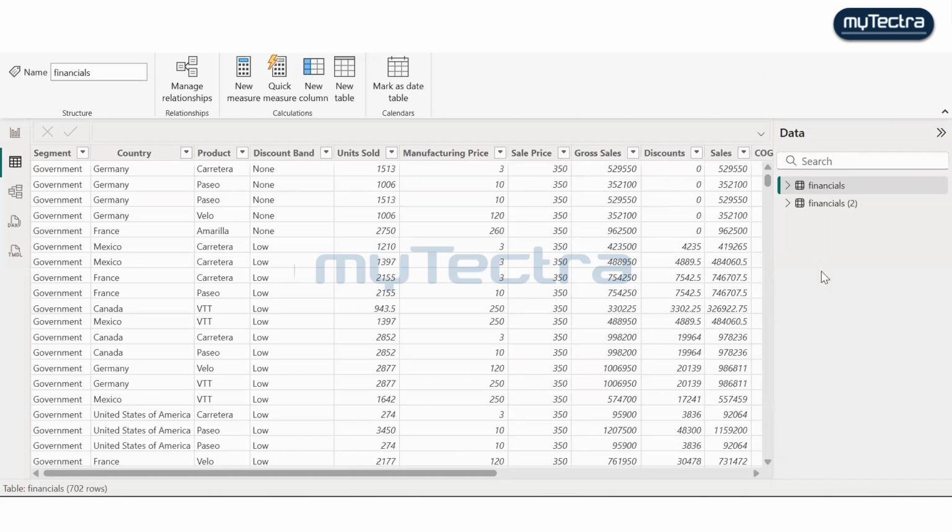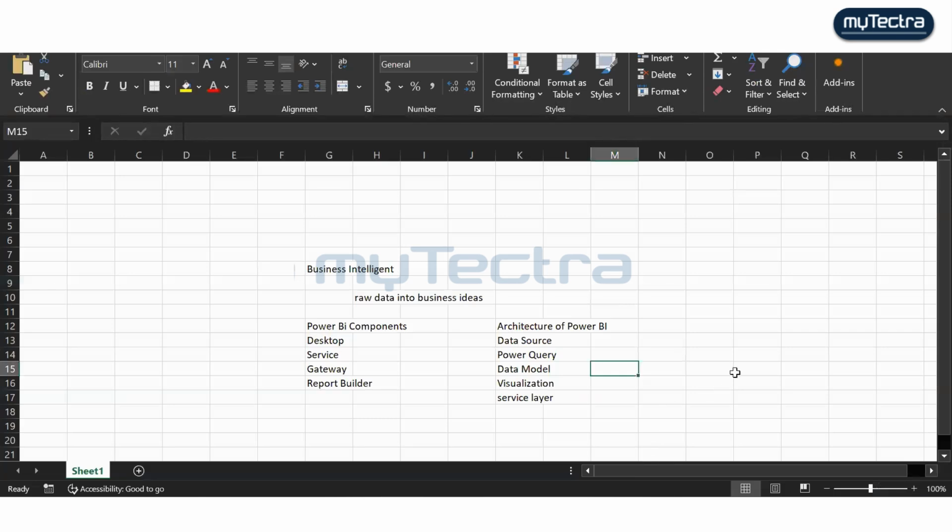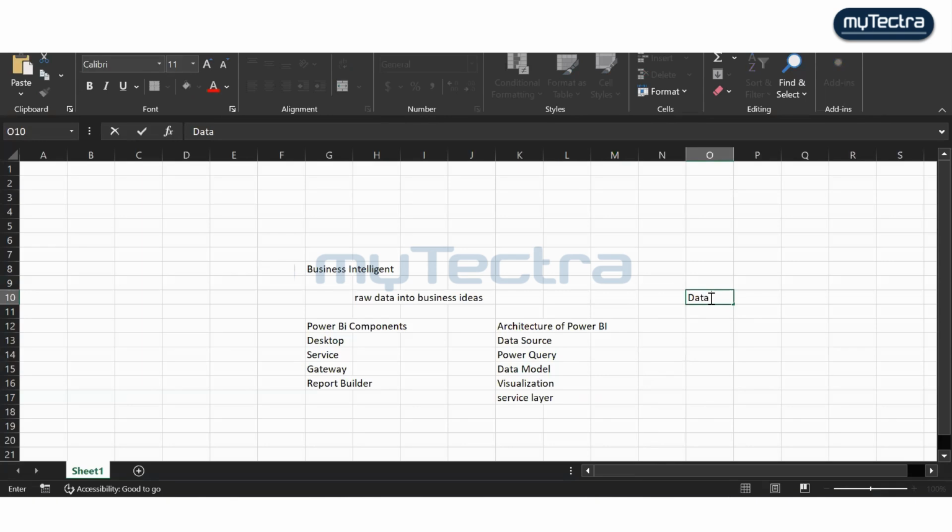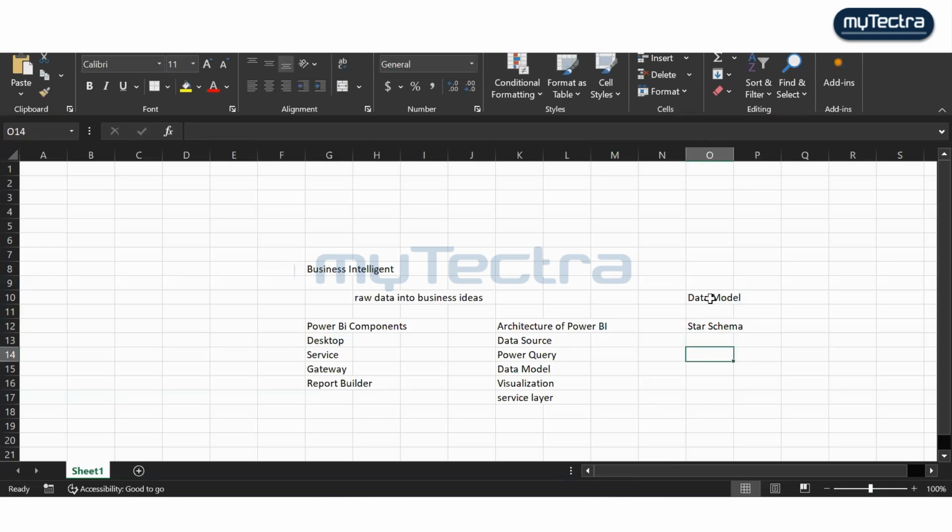Usually here, when we are doing the data model, we need to understand the star schema and snowflake schema. In Power BI, mostly we will use the star schema. In rare cases only, we will be using the snowflake schema. Okay. Star schema means